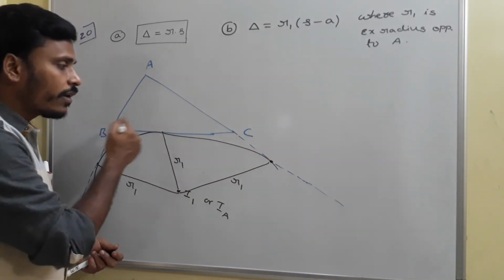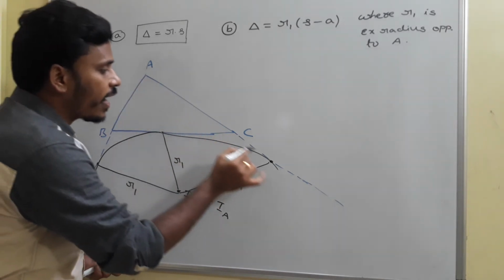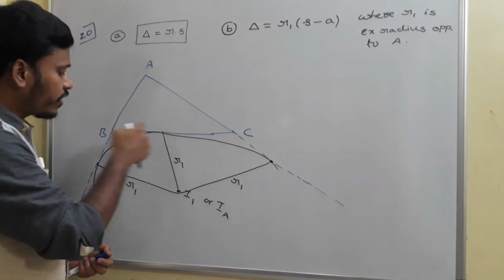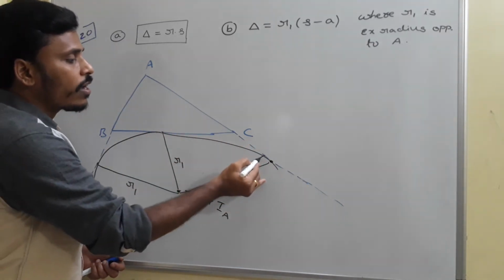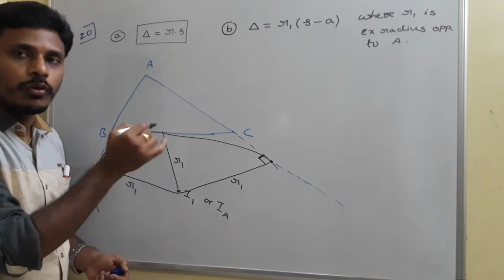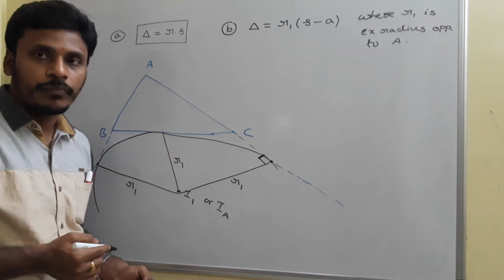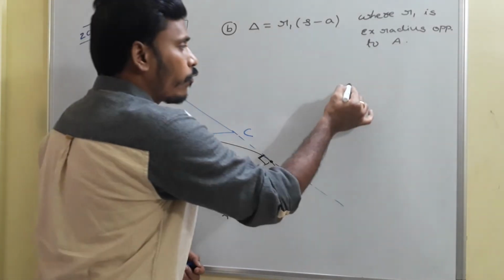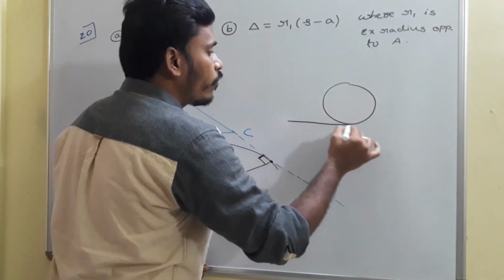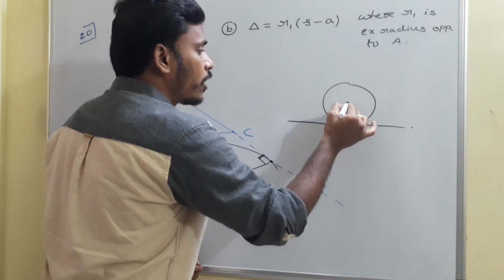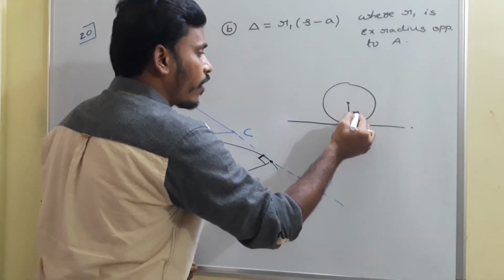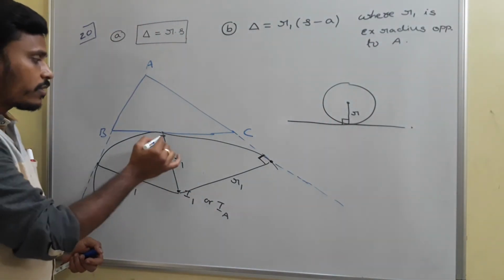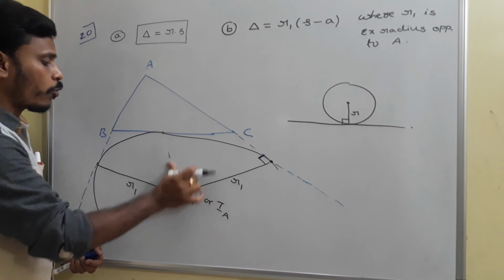And one more thing is, this circle is touching the side AC, extension of side AC. That means this line AC just works like a tangent, and that's why here you need to make perpendicular, you need to locate that perpendicularity there, because always the tangent line is perpendicular to the radius of the circle. If you have a circle and there is a line touching the circle, from the center to the tangent, if you draw a radius, that radius is always perpendicular. With that logic, this also makes a perpendicularity at this point.